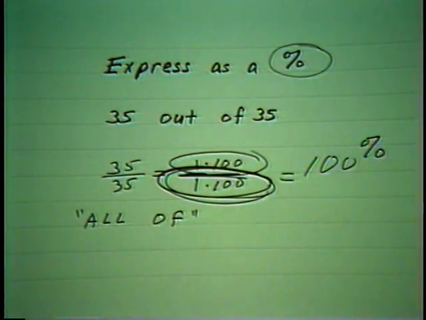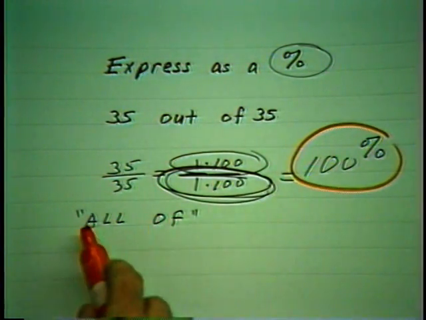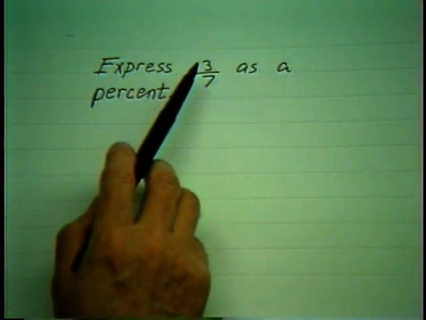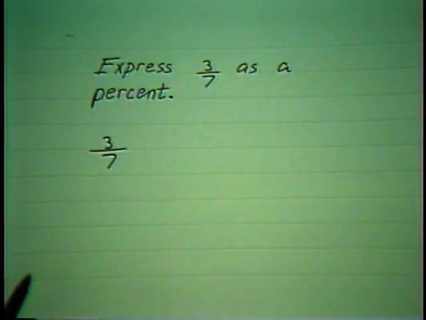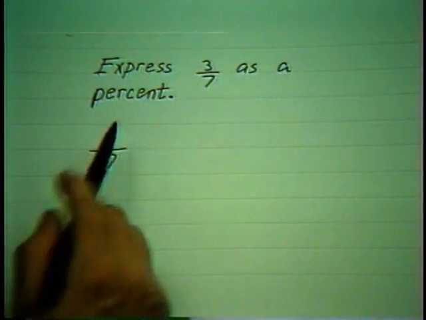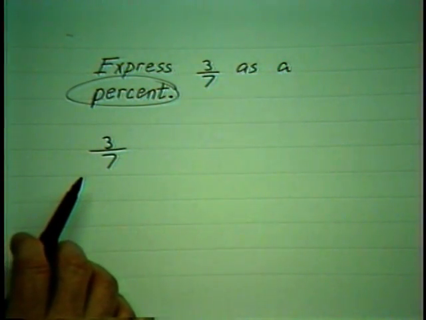So it might help with a few future problems if you remember at this moment that 100% and all of mean exactly the same thing. If I were to say 100% of this group voted, we mean all of this group voted. Now for a fraction like this it is not quite so obvious. I can multiply the bottom by 7 to get it to be 100 to say percent. But notice if we state the question mathematically,